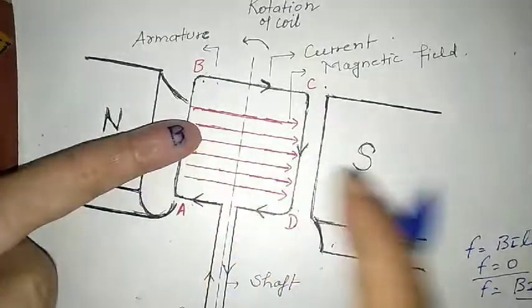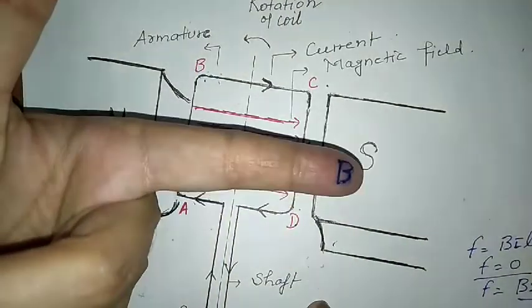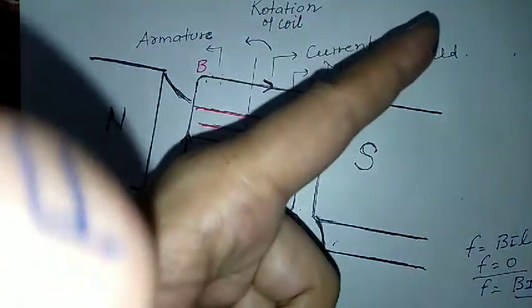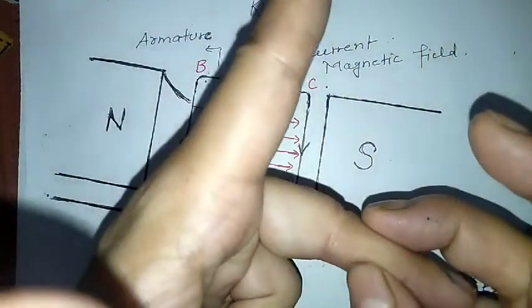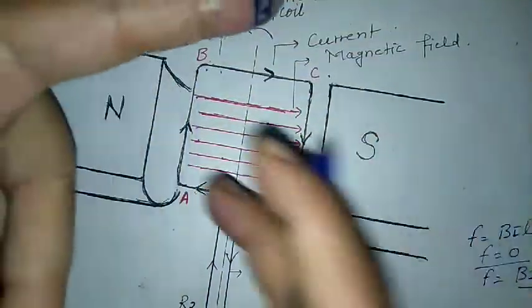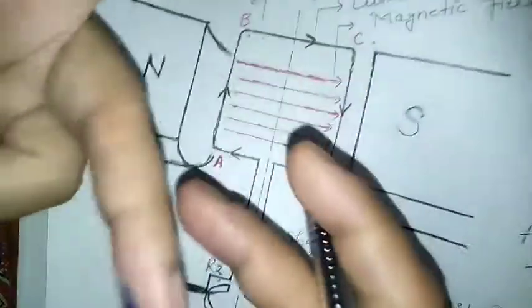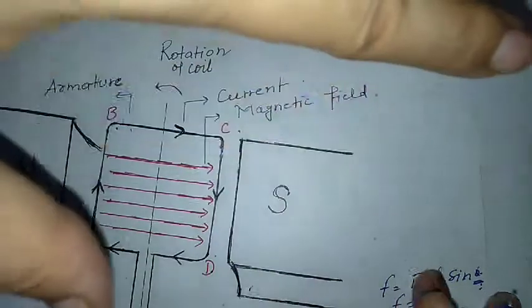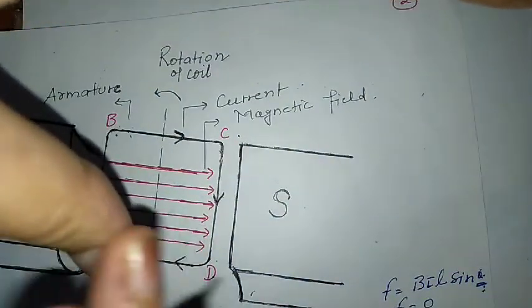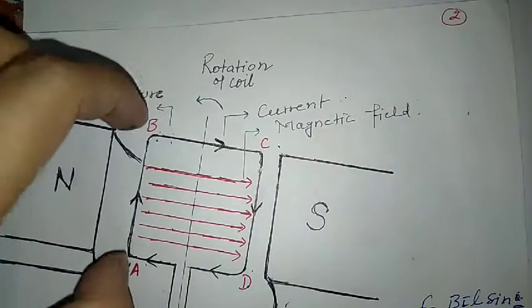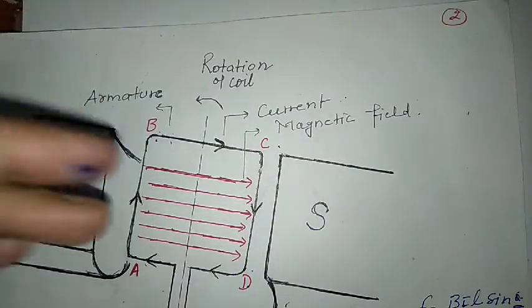So these are the magnetic field. We open the first finger, the middle finger and the thumb like this, perpendicular to each other. This is the magnetic field, and the direction of current is in this direction. We rotate our hand like this. Where is the direction of the thumb? In downward direction. It means in AB the force is applied downward, so it will move downward.